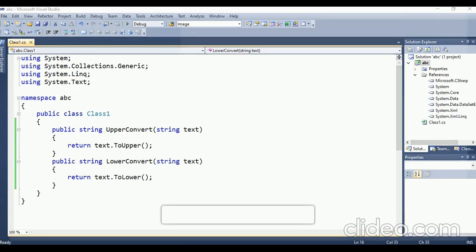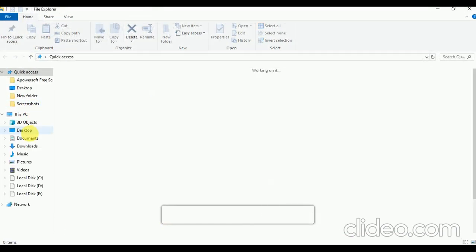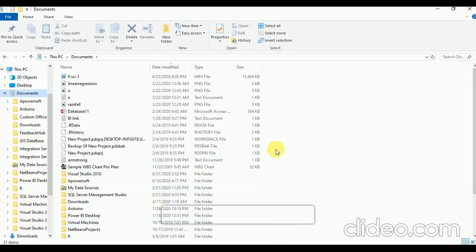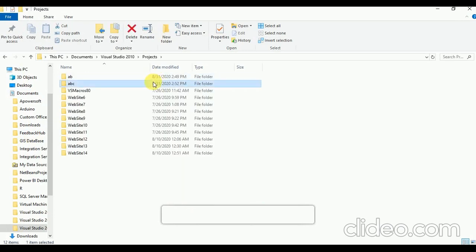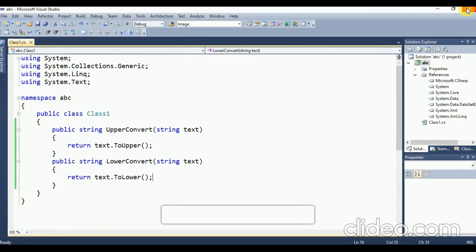If the build is successful, then you will see abc.dll file in the bin/debug directory of your project. We have created our DLL file.